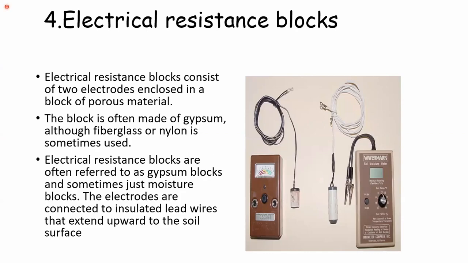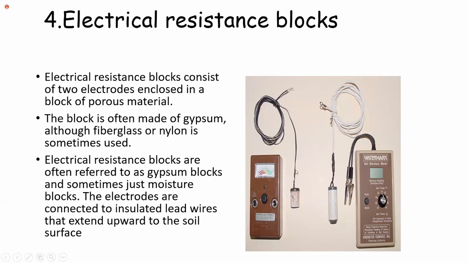So the third indirect method, or the fourth method, is the electrical resistance block. This is also similar to the tensiometer. You take some readings, then you get a calibration curve, and then using the calibration curve, you can measure the water content at any time. So this, what is in the figure, is the